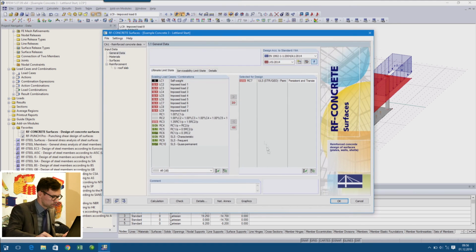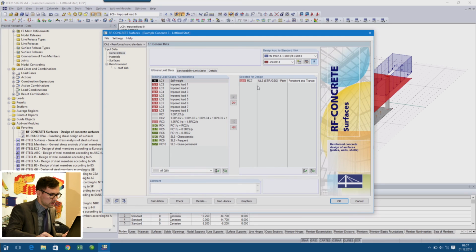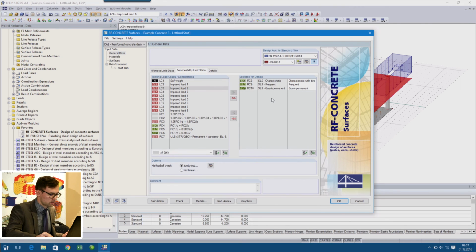I just open it, and I'm here in case number 1 for the concrete design. In the first mask, general data, or first table general data, you have to set the loading which should be applied for the ultimate limit state and for the serviceability limit state. As I already mentioned, I will use the result combination 7 for the ultimate limit state design, and for the serviceability limit state I have